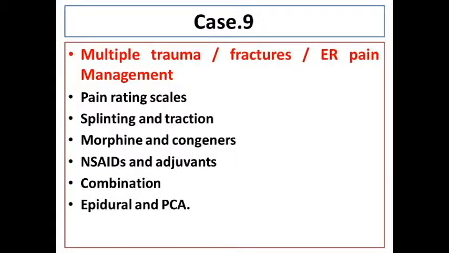In orthopedic pain, often splinting and traction can reduce the pain. So we must also remember the additional therapy which can bring down the pain. So immobilization is one way of bringing down pain where there are fractures of long bones. So combination therapies are often very good as well. So a combination of non-steroidals with morphine or a combination of morphine with adjuvants like clonidine may go a long way in relieving pain.